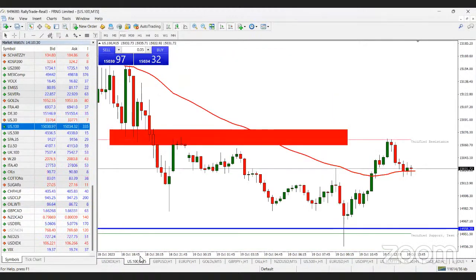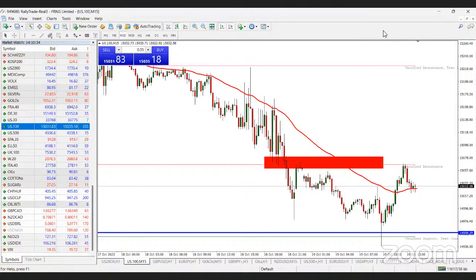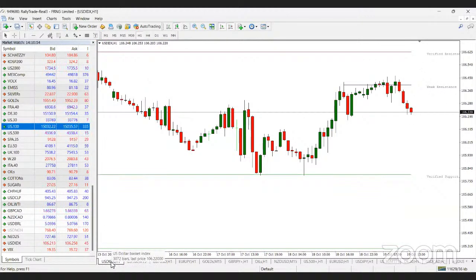And then we'll see that US 100 also, which we talked about in the morning, after falling all the way down, was rejected at this place and has pushed back up within its verified resistance, heading back down just like this. So maybe that data will give it the momentum that it needs to actually break above this point, you see. But the dollar index